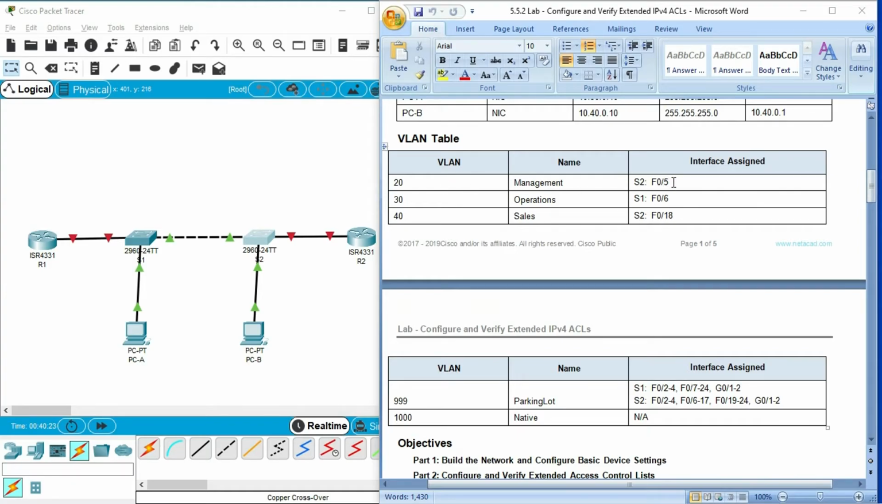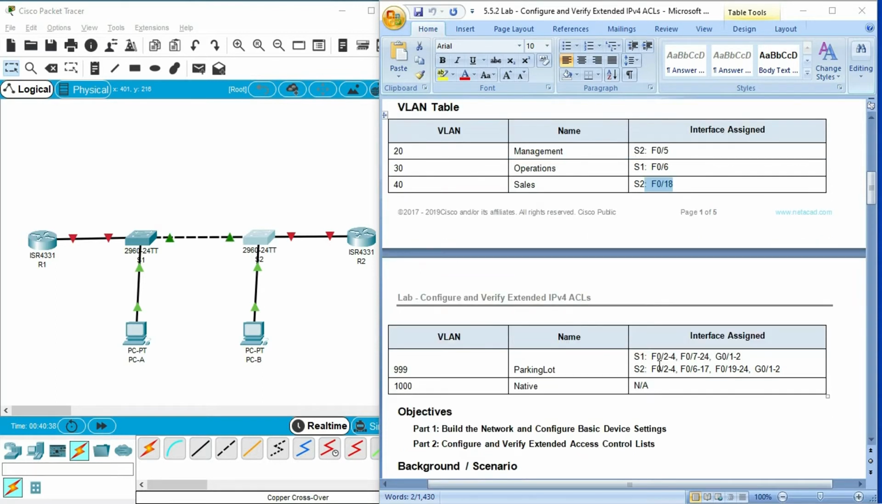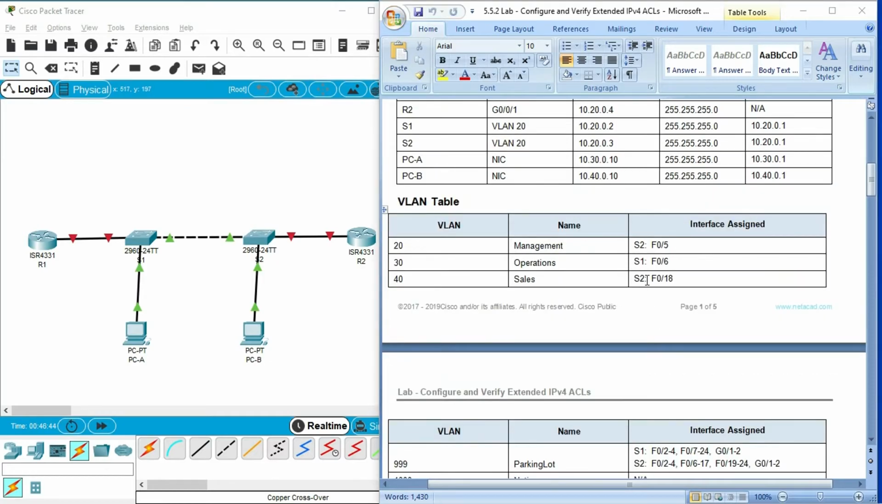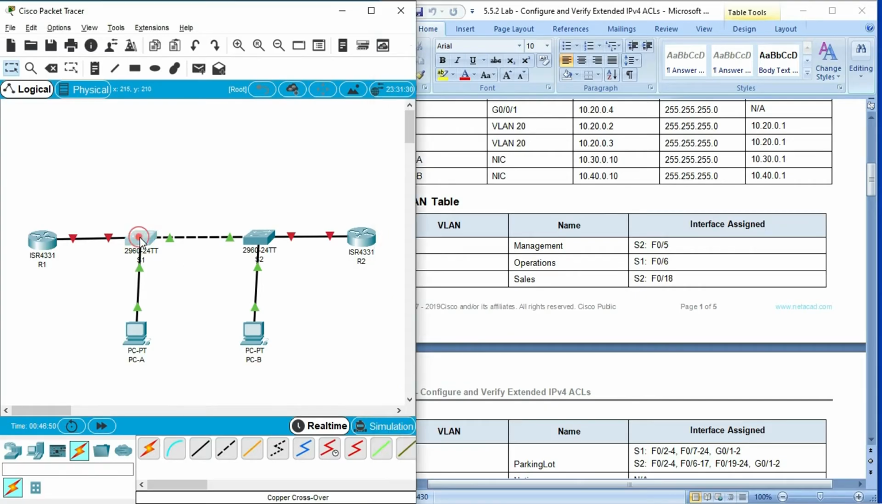In S2, we can see FA0/5 we have to assign to VLAN 20. In S1, FA0/6 we have to assign to VLAN 30. Then in S2, FA0/18 to VLAN 40, and all unused ports we have to assign to VLAN 999, and this is native. In S1 we have this port FA0/6, and we have to assign to VLAN 30. So coming to S1,